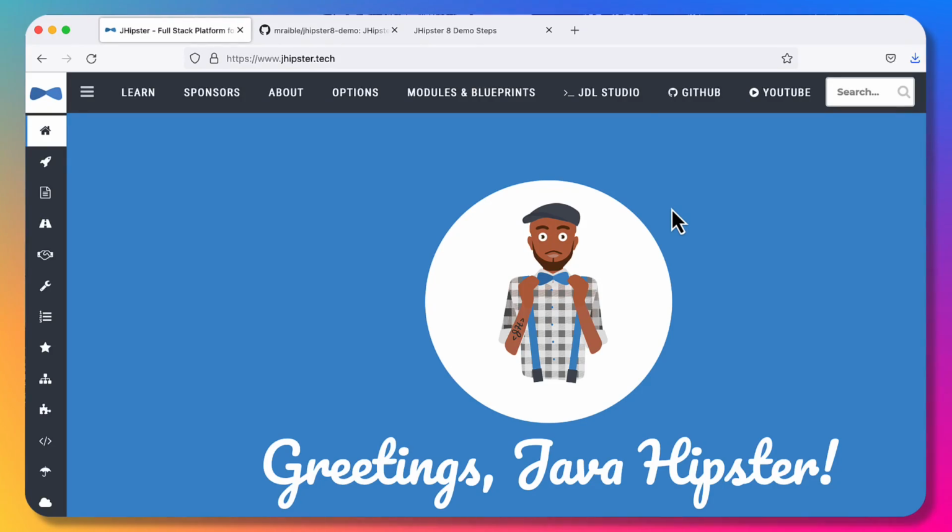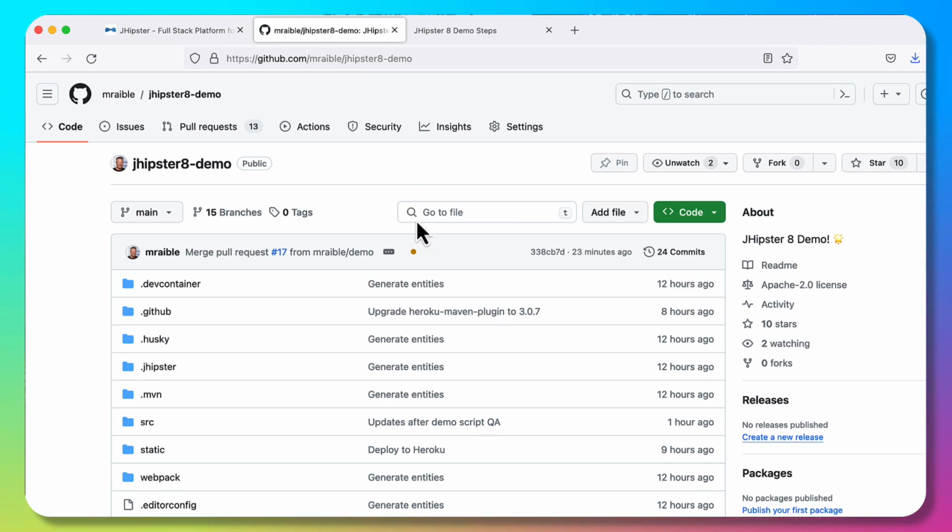JHipster 8. We're going to build a simple blog application and then we'll deploy it to Heroku. So let's giddy up! JHipster's main website is at jhipster.tech and the demo I'm going to create today is in